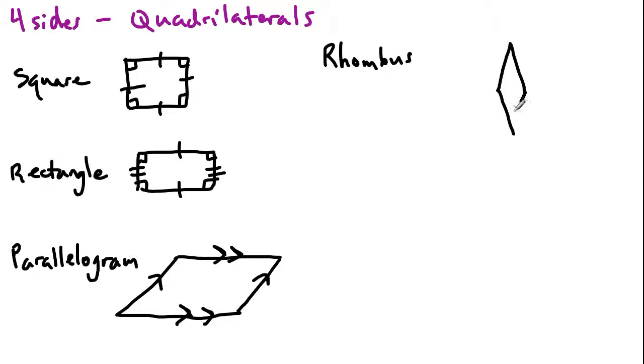Kind of looks like a diamond in a sense. Right, where these guys are congruent. Right, and notice that these guys are going to be parallel. Like this side is parallel to this side, and this side is parallel to this side. Okay,